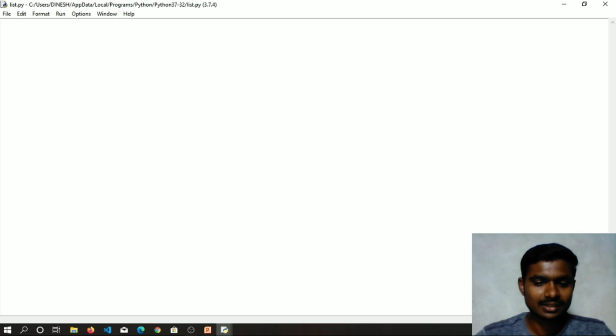So here we will create one simple list. For list I will take L equals to, and a list is represented using square brackets, so we have to take square brackets, and we will take some elements in our list, suppose 10, and the elements in a list are separated by commas, so 20, and a list is a collection of different types of elements, so we can take a string in our list.